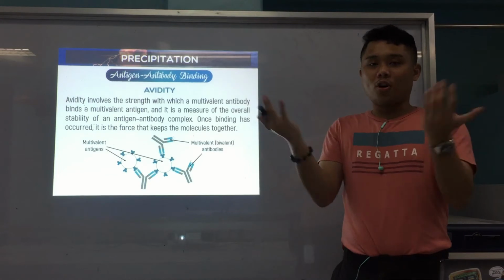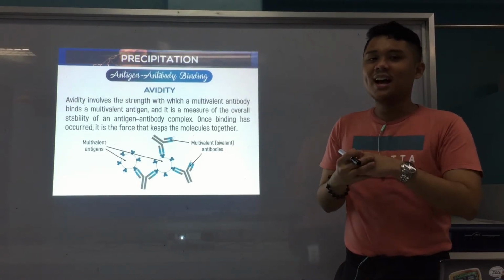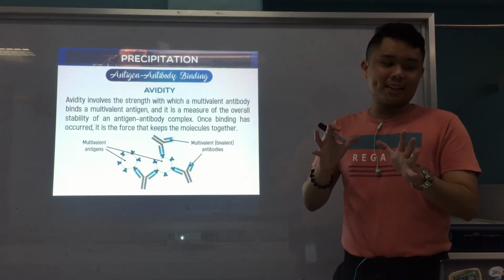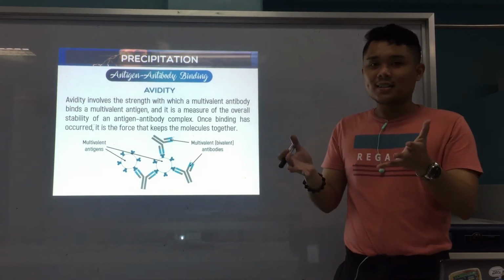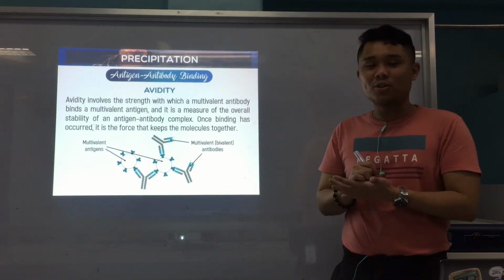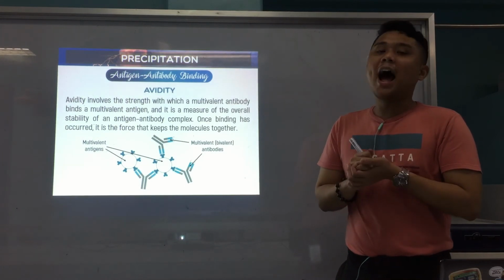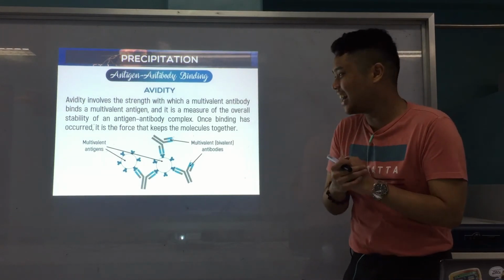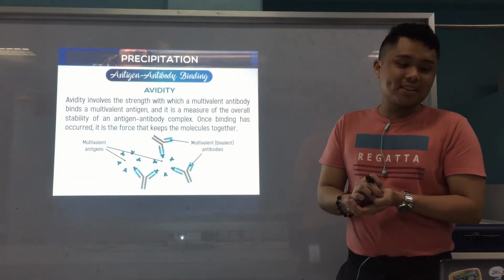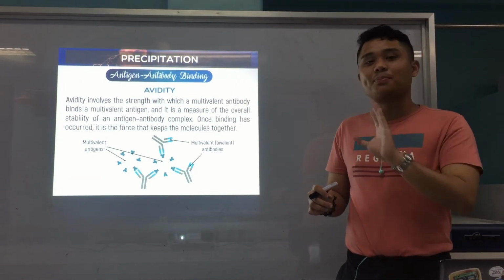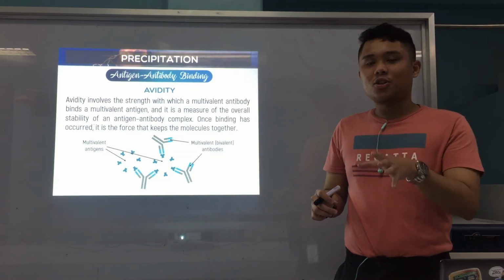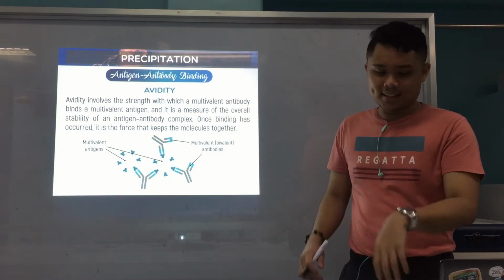So the point is, avidity is the overall sum of all the forces that keeps the antigen-antibody complex reaction intact. The end goal in our relationships is that our avidity should be strong. Just kidding. Again, this is from Stevens, guys, if you want to read on. This is, I think, chapter 9, principles of immunological and serological reactions, if I'm not mistaken.